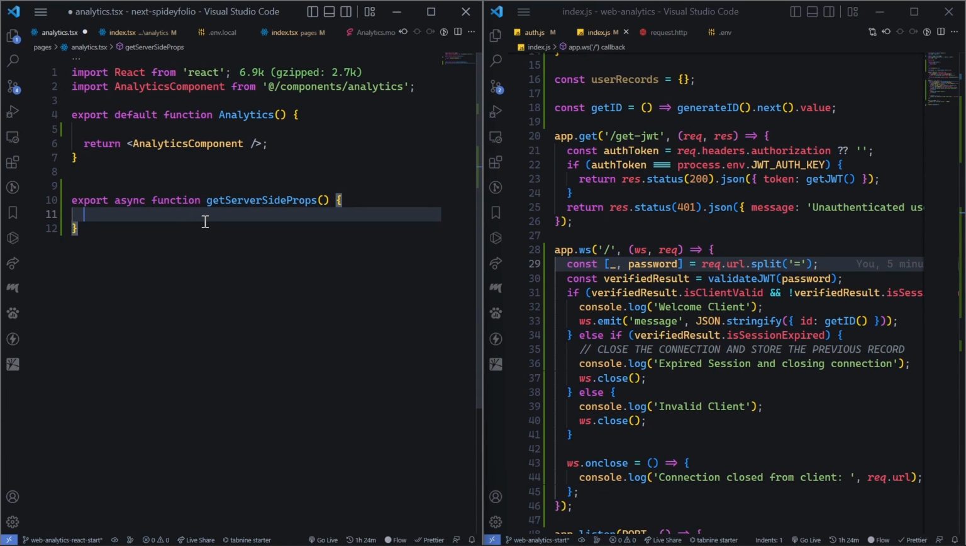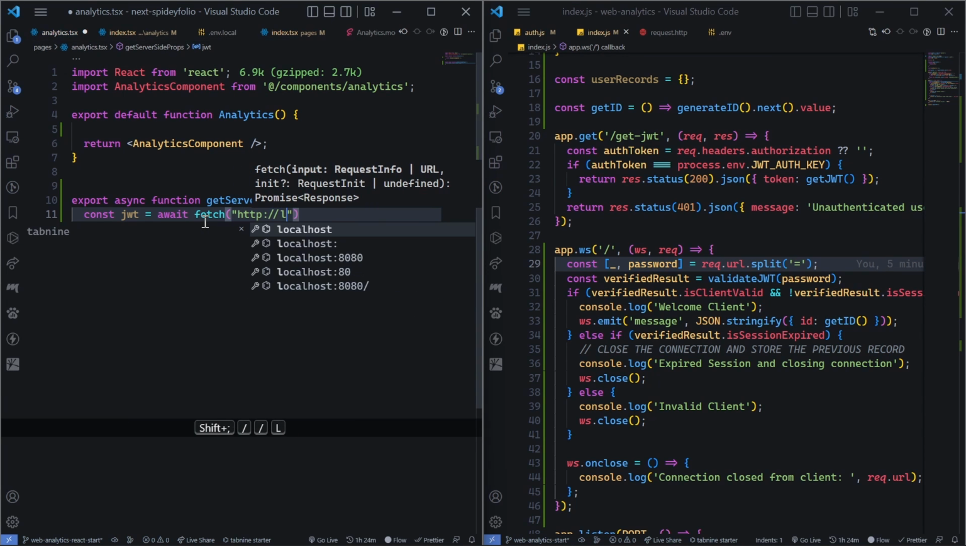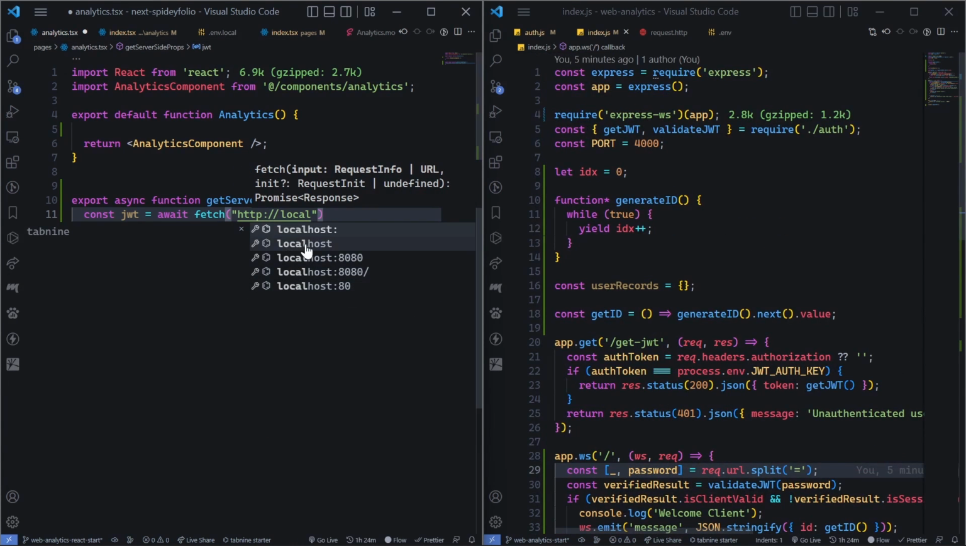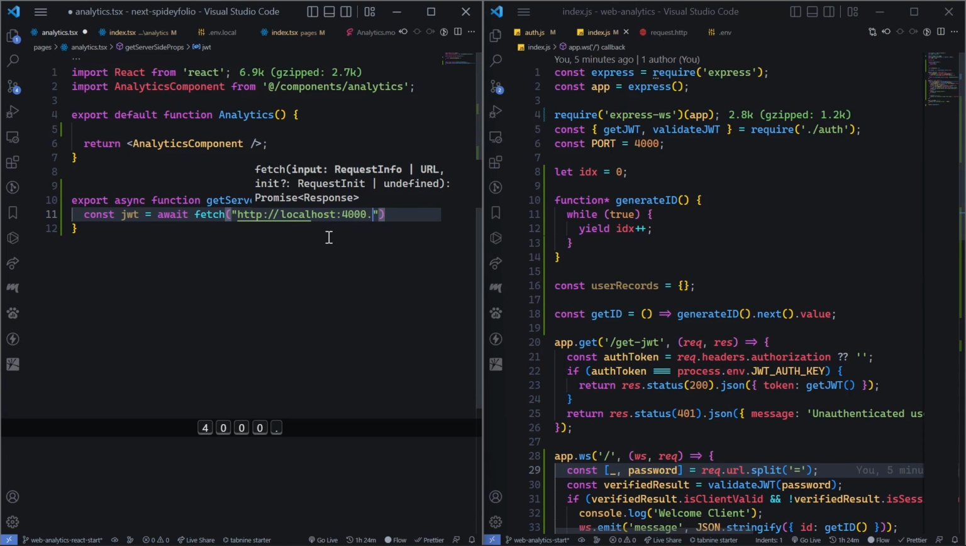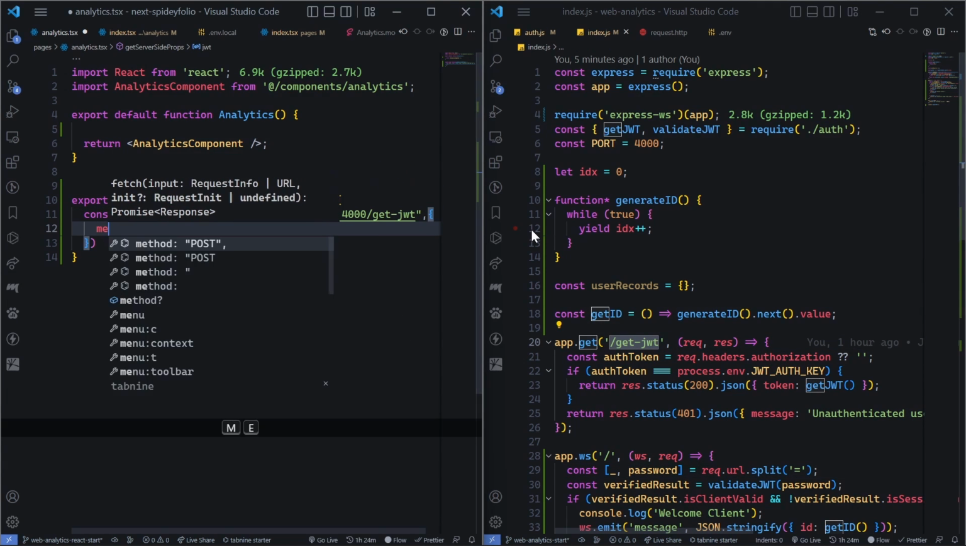So how do we do it? We just do const jwt equal to await. We will make an async request, a fetch call, to http://localhost. You can see that here we have port number 4000. So we will use port 4000, and then we have the route as get JWT, which you can see here. We have this route, and we will now specify the request options. So it would be GET,